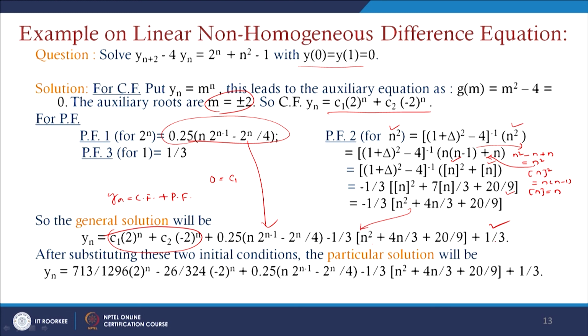So, from this equation we can separate C 1 and C 2. We will have two equations, since the next equation we can put as y of 1 equals to 0. This means that n equals to 1 we will put, and the y n total value is 0 here, and we will have two sets of equations, and from there itself we can find the C 1 and C 2 values. Once you obtain the C 1 and C 2 values, directly you can put the C 1 value as this one and the C 2 value as this one here. So, this is the final solution for this problem here.